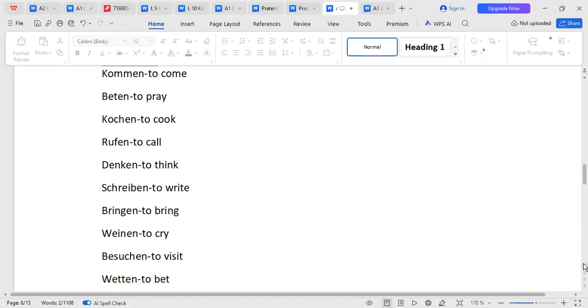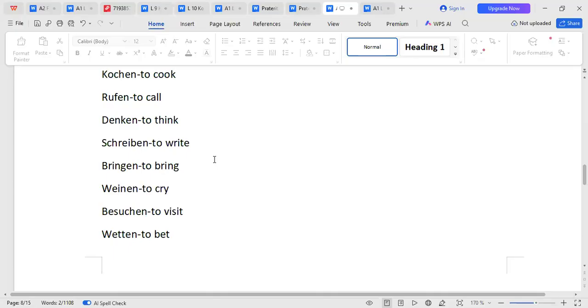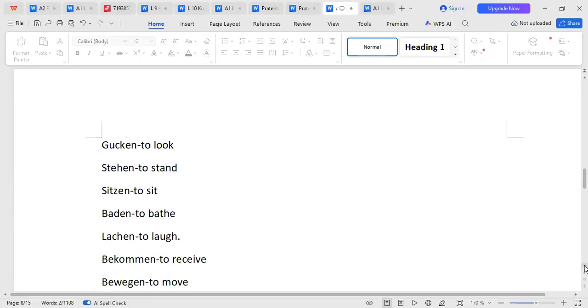German is very interesting. You learn them. Besuchen, the very main verb besuchen, is to visit. You say I visit, ich besuche. Du besuchst. You visit. Sie, es, man besucht. The T ending. The man there, put your name. Sie, es, Benjamin. Sie, es, Susan. Besucht. Ihr besucht. Wir, sie besuchen. And so on and so on. Very, very simple.